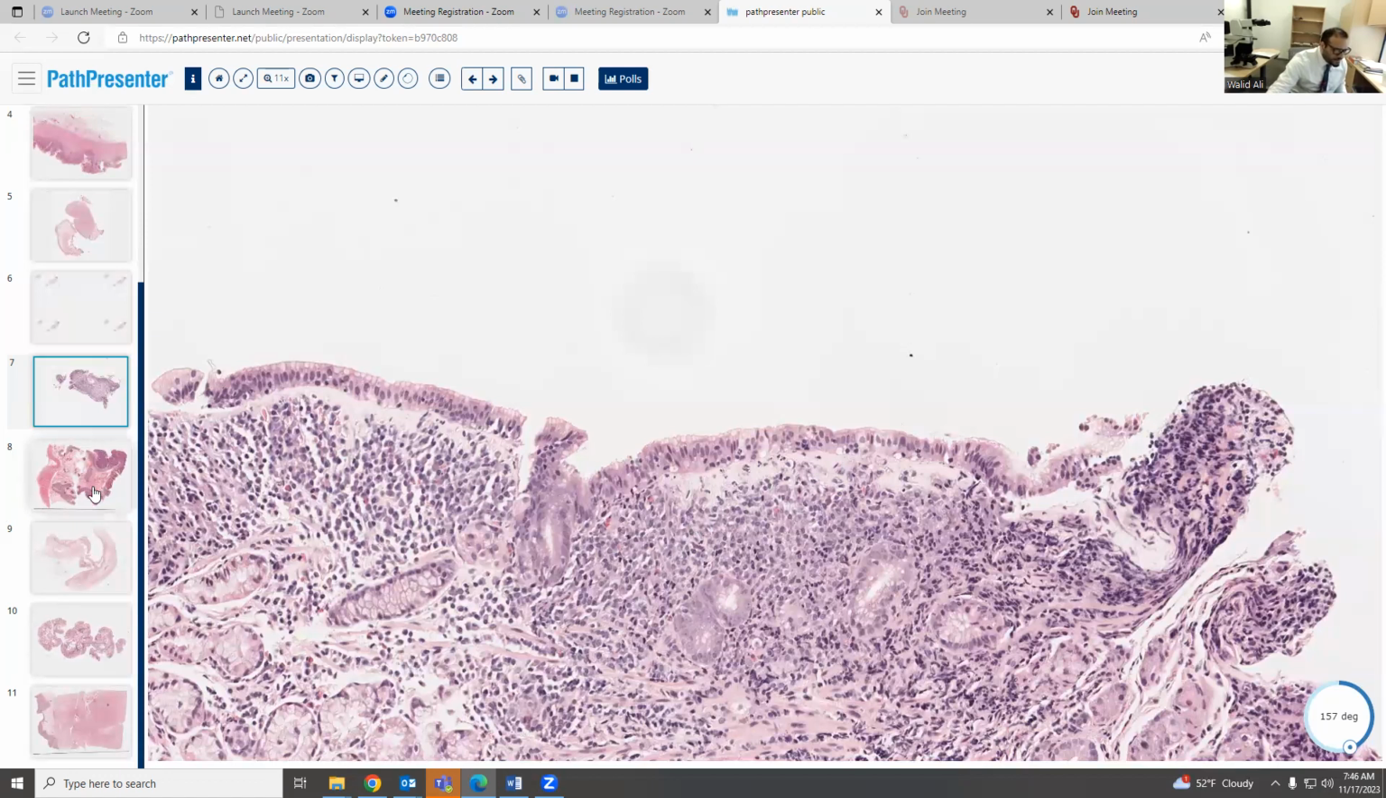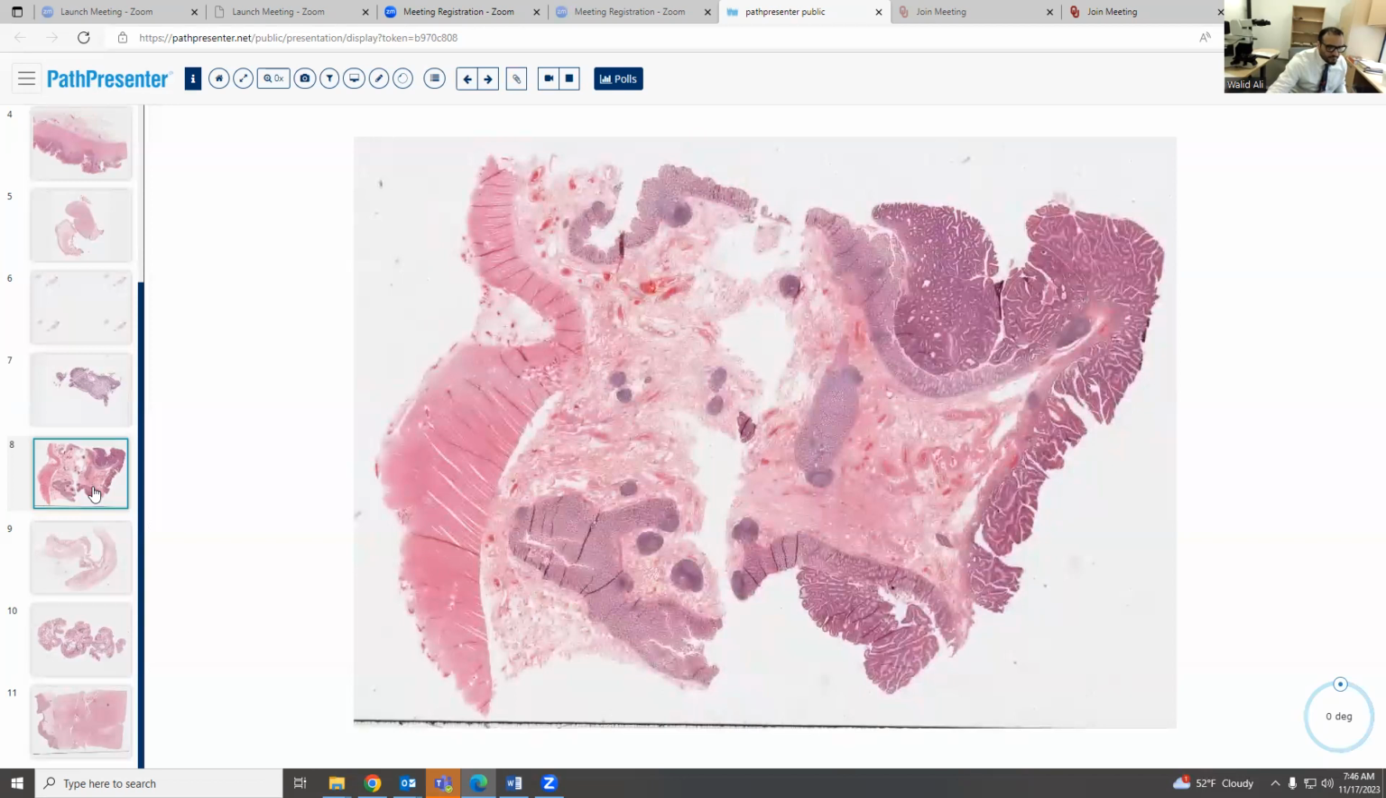And then let's do the next case. Yeah, so this one is